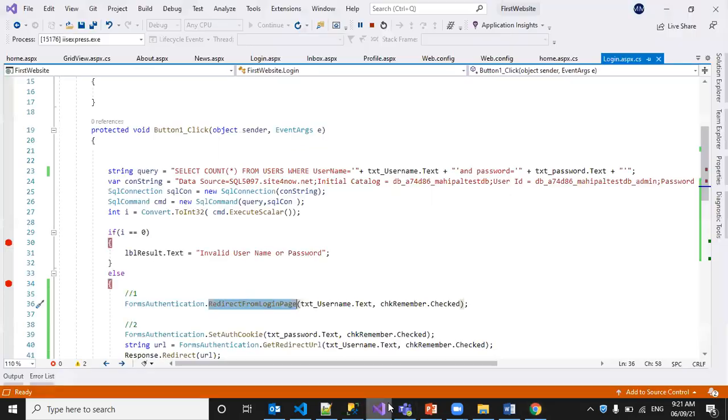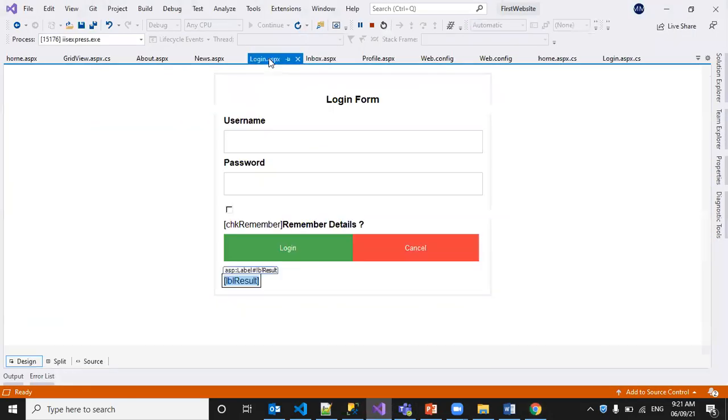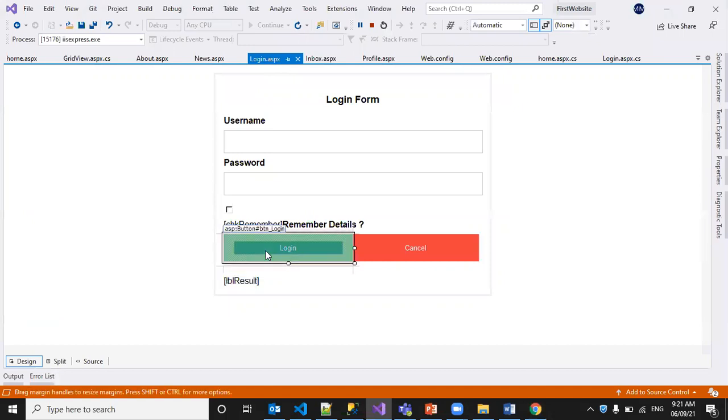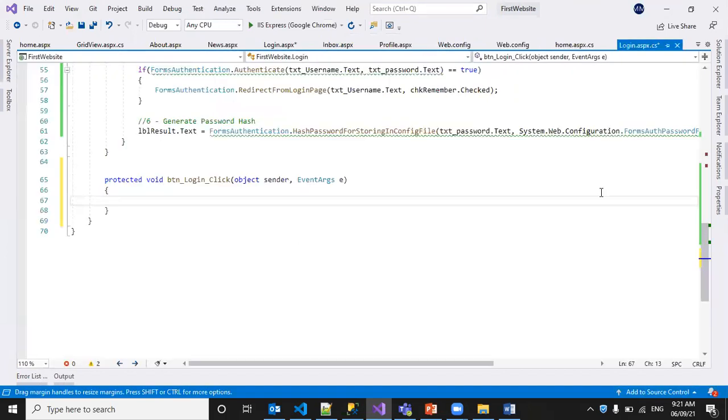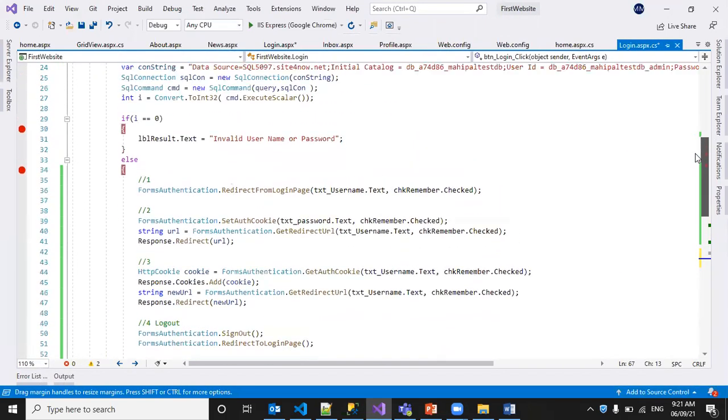So clicking on login button. Oh, sorry, I have changed the label name. No, I don't have a click event. Let me generate that. So I'll shift this code here.